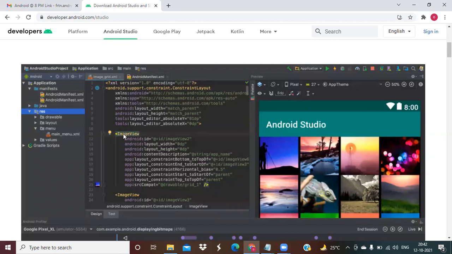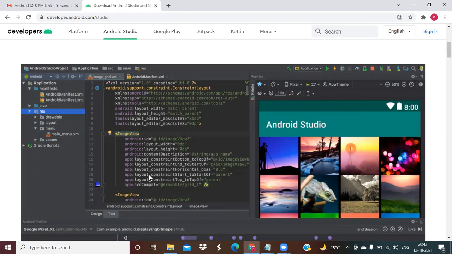If you come to the image view, which represents the image, it contains ID, layout width, layout height. These two are the same. For a constraint layout you use layout width and layout height, and even for the image view you use layout width and layout height. These are repeated properties, right? So like that, you will have simple and reusable stuff every day.